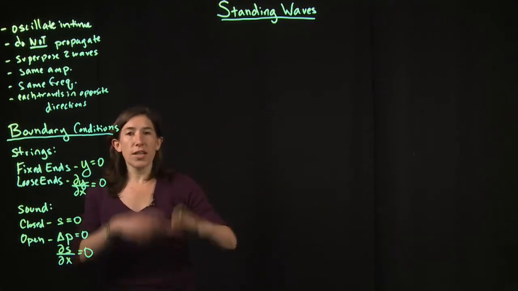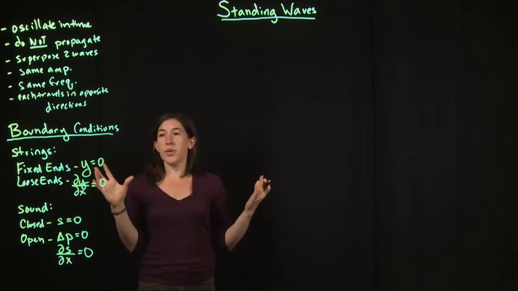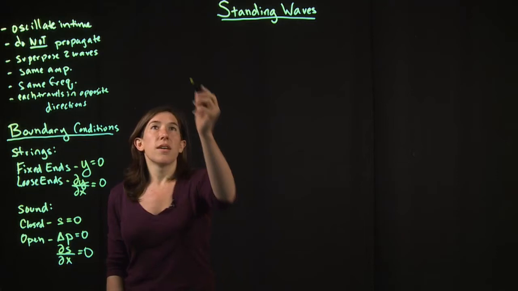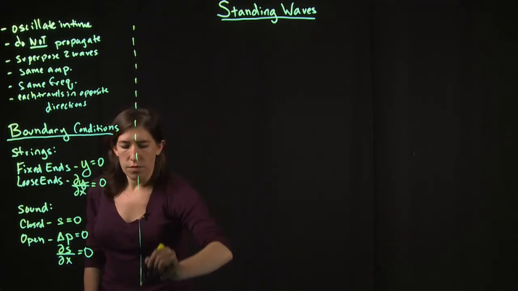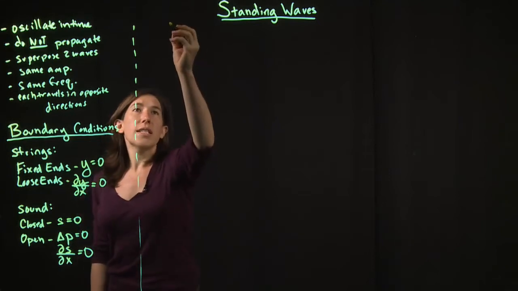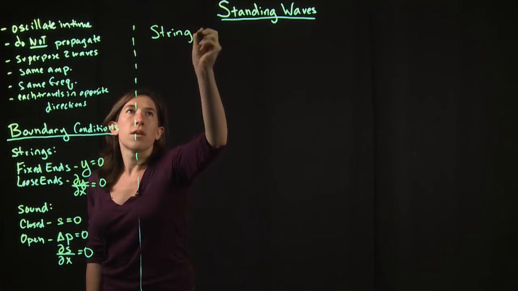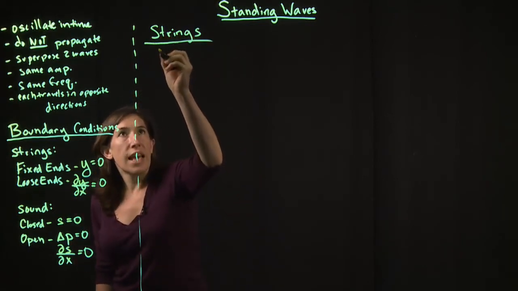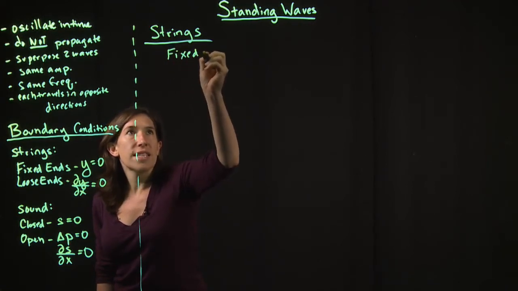So now let's draw some pictures. And really by drawing these pictures, you are able to deduce the general form for all allowed frequencies and wavelengths. So let's first consider strings. If we consider the case where we have fixed ends,